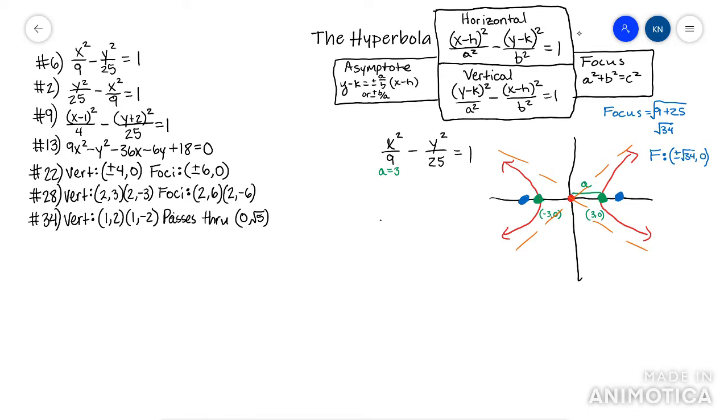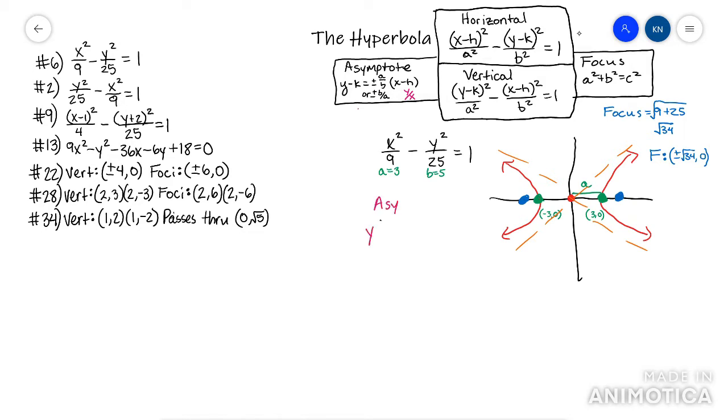The way you know which one to choose, either A over B or B over A, it's like slope. It has to be y over x. So you have to look at the equation and see which letter's under the y. Well, that's B, because B is 5. So in this scenario for my asymptote,